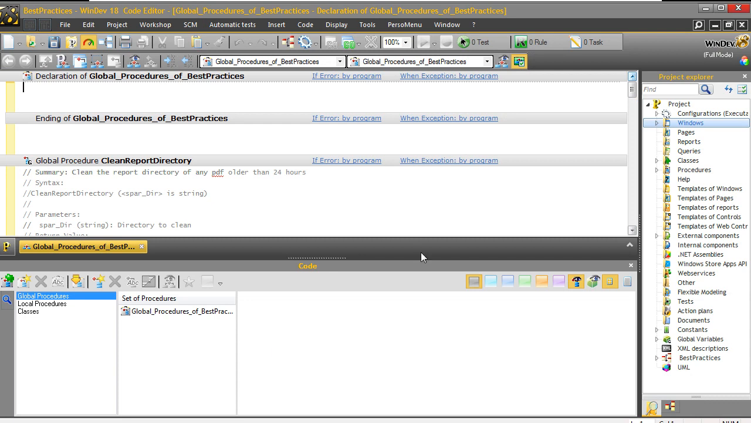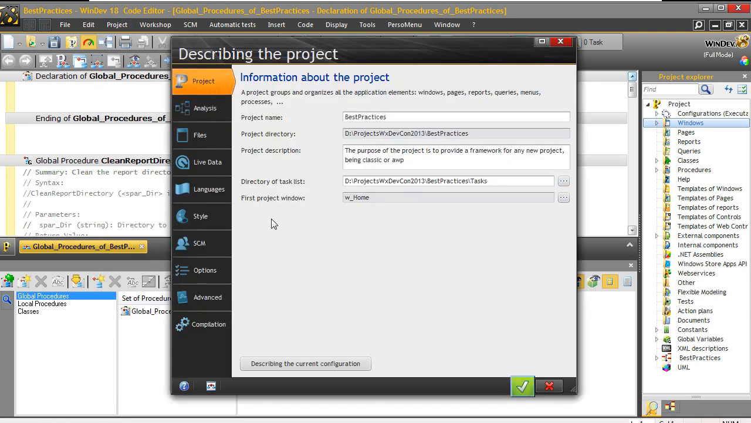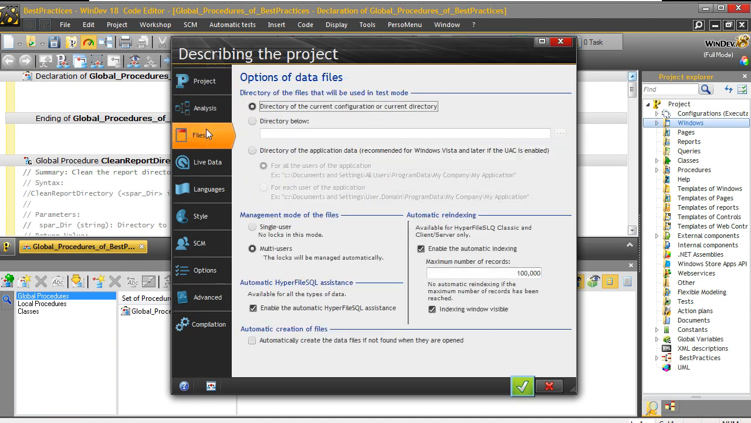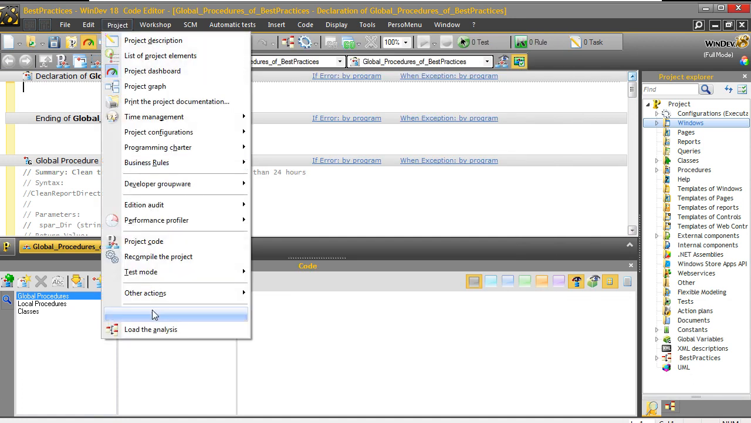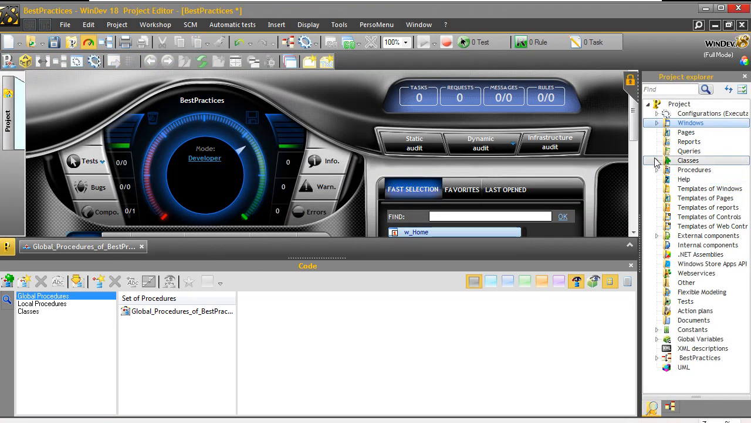So, in the project description, you should have here for the files directory of the current configuration, or current directory. Never use the other ones. Then, in the analysis, you should always have your file as HF Classic. And then, in your code, and in this case it's going to be in the CL